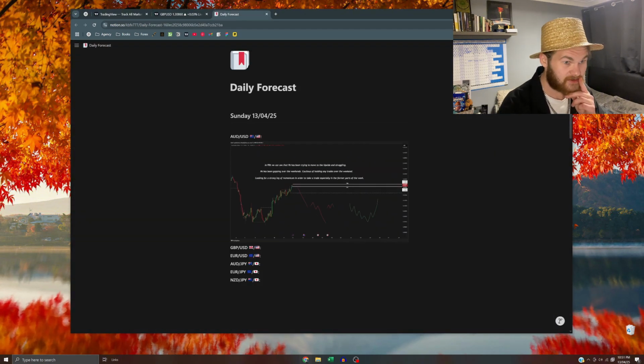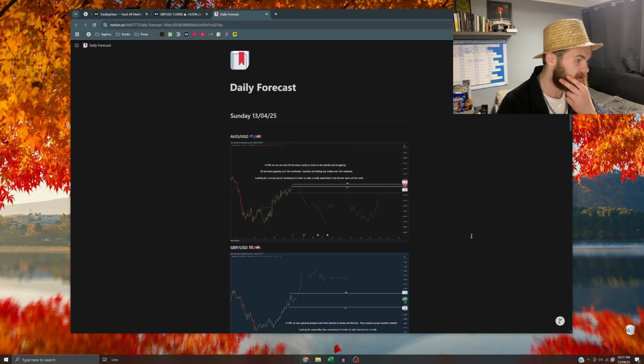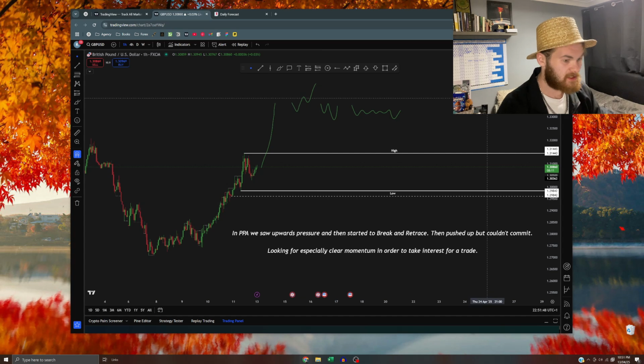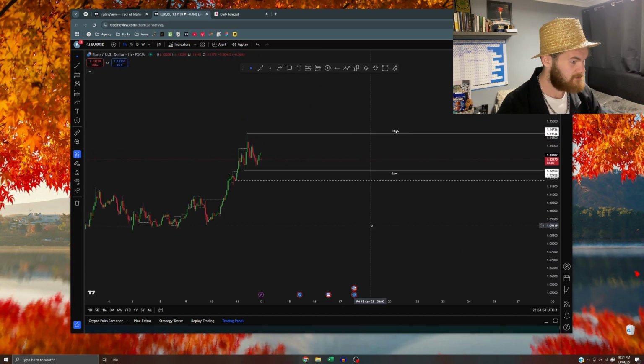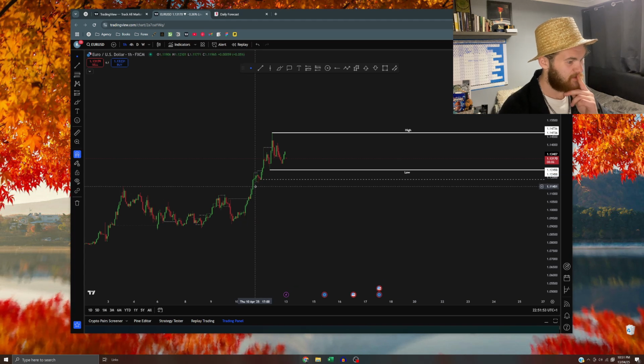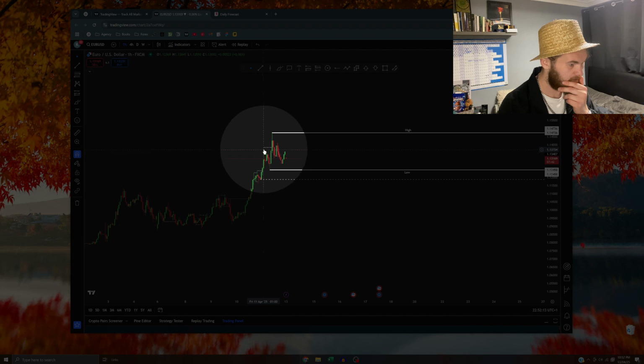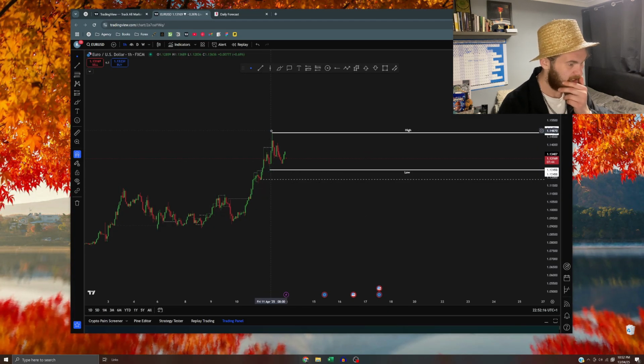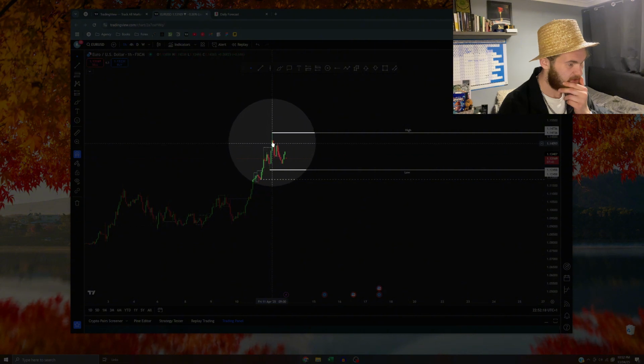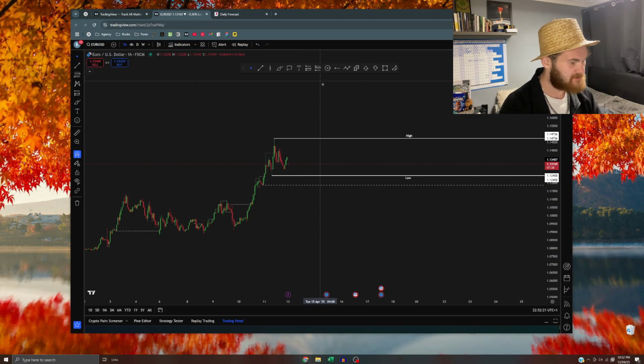So I'm just going to pop this under Great British Pound US dollar quickly for you guys, and then we'll move on to the Euro US dollar. So let's have a look at the Euro. We were seeing some nice upwards momentum on Thursday, and then later on Thursday, after 5 PM, we started to struggle, and then going 11 PM, we started to kick back up, and then Friday 1 AM, we see a very large wick here, and then we pull back, and then we break into that area of liquidity above this large wick, and we break it with a wick, and then start to range as forecasted.